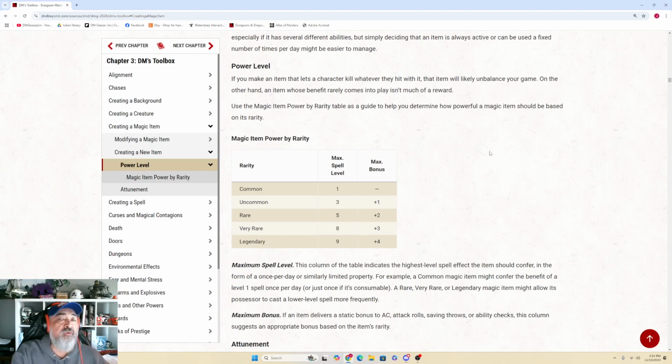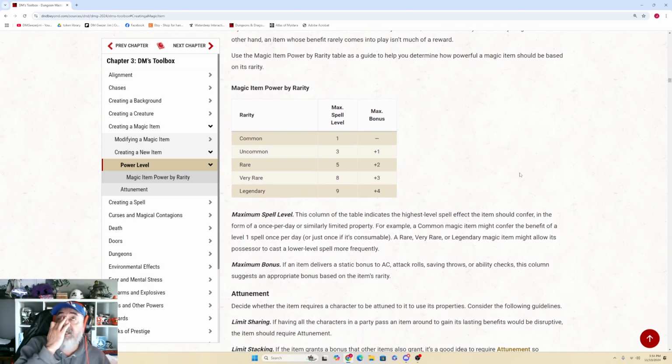Okay, think it through. What's it going to look like when my characters hit monsters with this item? It's going to be really cool because you're going to be able to one-shot everything, and that'll be fun for the first couple of fights, but after a while, you're going to find yourself in a pinch. Likewise, the idea that an item is near useless,